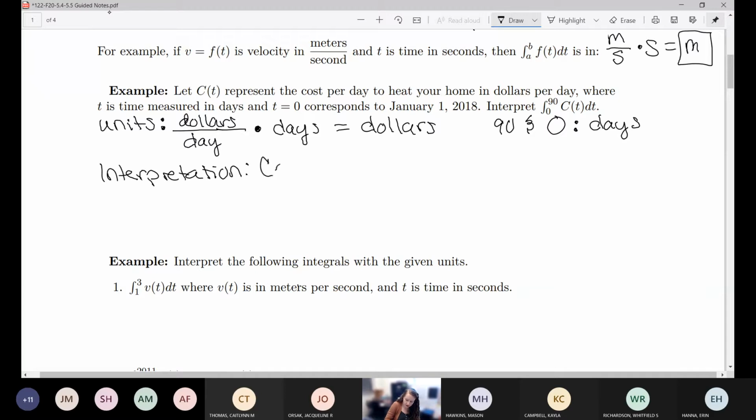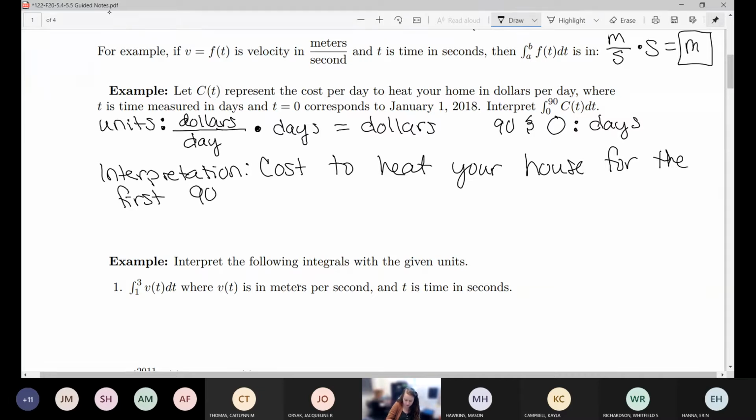It would be the cost to heat your house for the first 90 days. If you wanted to say of 2018, that'd be probably a little better, but not really necessary. There's a couple different ways you could phrase this. This one is kind of the better English, if you will. Another way, and this is the one that always works,